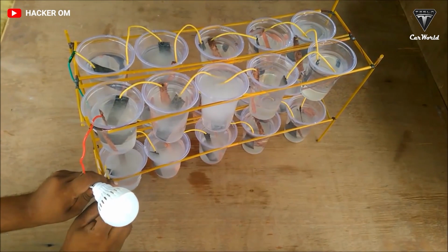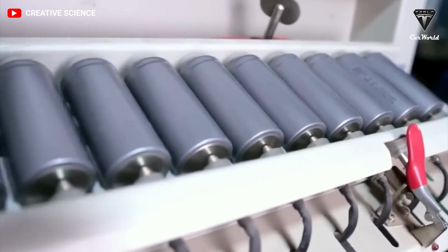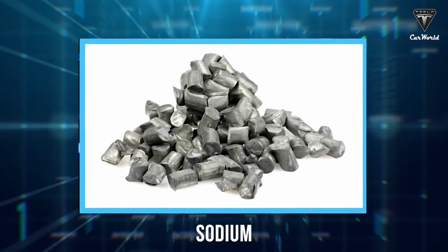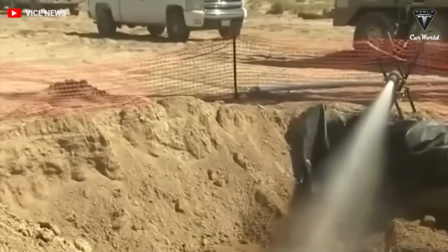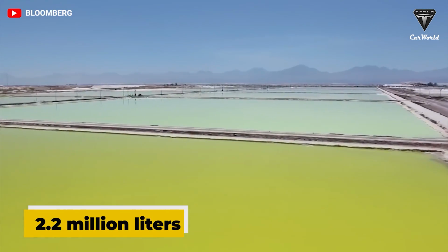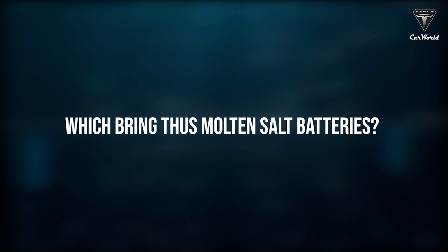In order to truly achieve climate neutrality, the world would require 18 times more lithium by 2030 than it currently needs. The proportion will increase to 60 times more by 2050. The extraction of lithium usually results in a loss of biodiversity, water shortages, damage to the ecosystem, and the degradation of the soil. When the metal is created through evaporation ponds, it takes around 2.2 million liters to create just 1 metric ton. This is where the sea salt battery could provide an alternative, which brings us to molten salt